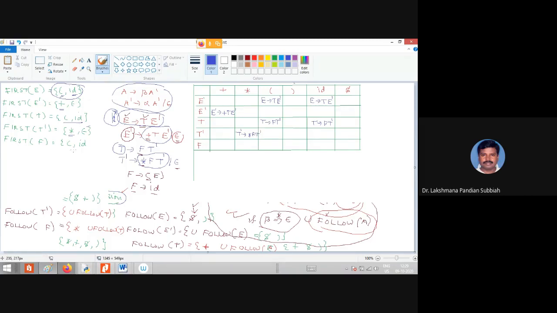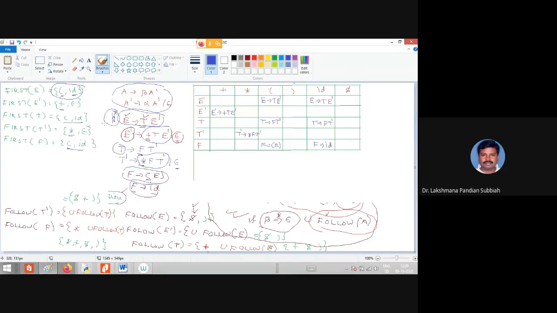Right? Next we are having open bracket and ID for F, and the corresponding production rules we are having. For open bracket you write F derives open bracket E close bracket, and for ID, F derives ID, right?